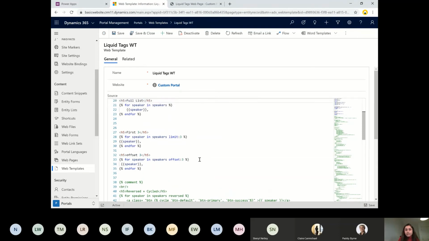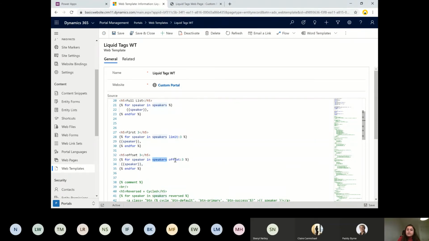You see, in the first for loop, I'm just displaying all the speakers. As we have seen, there are parameters which we can give in the for loop to restrict the values that are being shown or going to be used within the for loop logic. So let's say we are displaying the full list, because we are going into the array and displaying everything. Here we have speaker and speakers, and we are giving the parameter limit as 3. What is it going to display? Just the first 3 names.